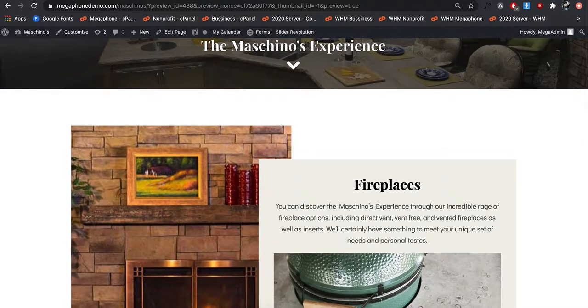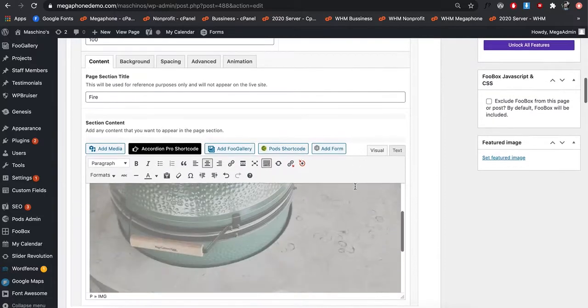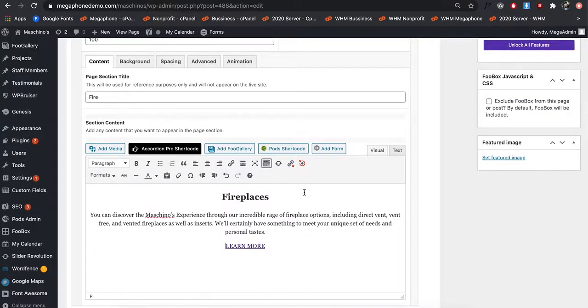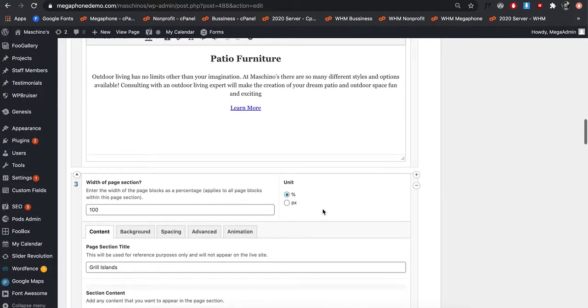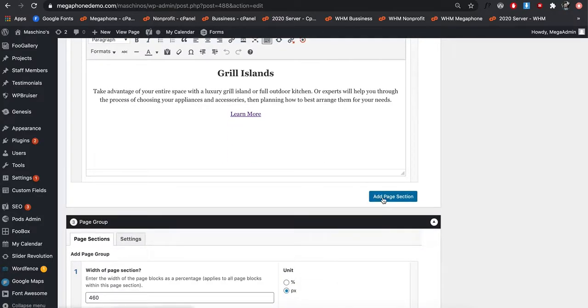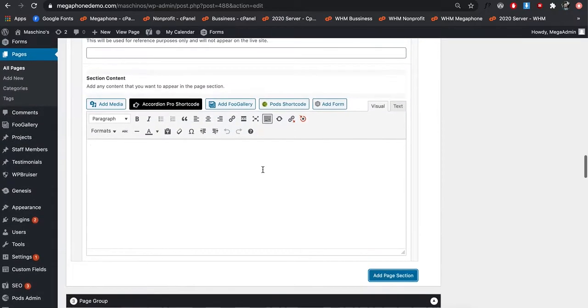If you want to create more of those, for example, let's do that. Let me remove that image real quick. Let's scroll down. Let's add a new page section. So if you just add a new page section and type